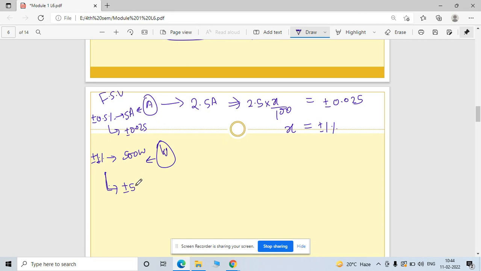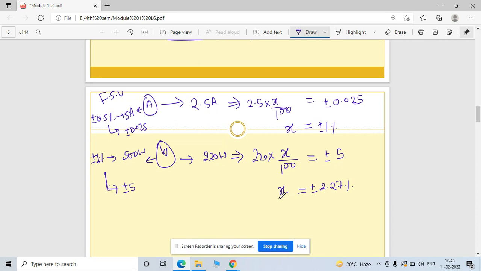Okay, plus minus of 5 watt. But the actual power you will get here is 220 watt. So 220 watt के लिए कितना होगा, is nothing but your 220 multiply by x divided by 100. This x is in terms of percentage. Which gives the absolute error here, plus minus of 5 watt. So when you solve this, you will get this x value is nothing but your plus minus of